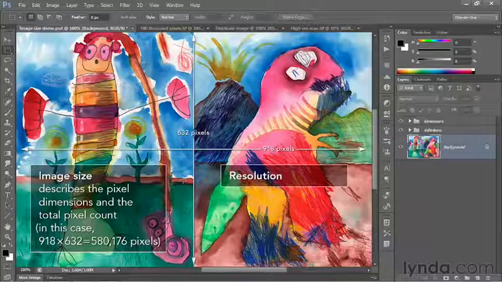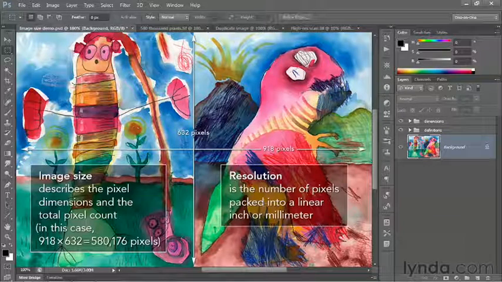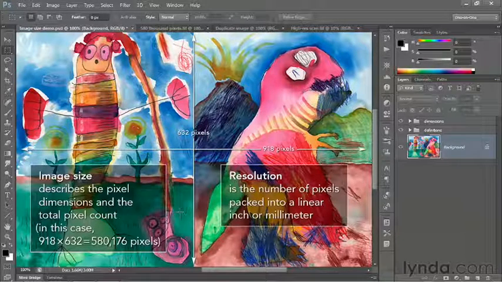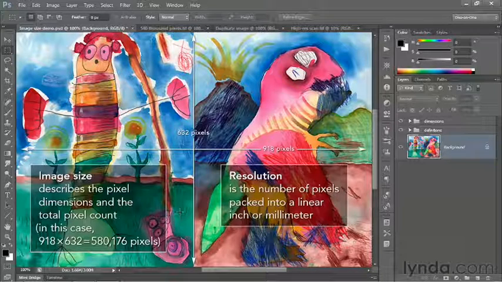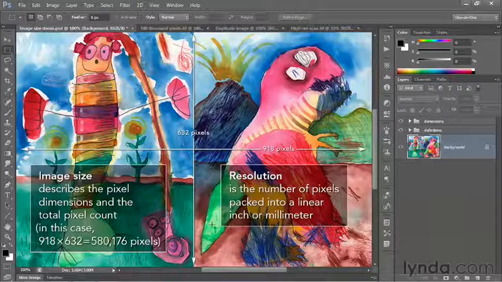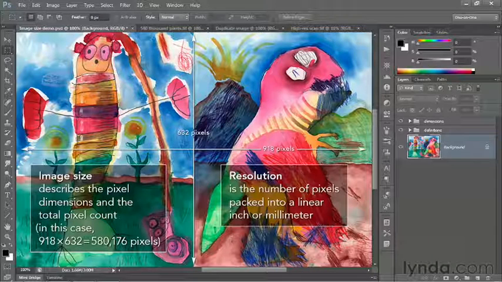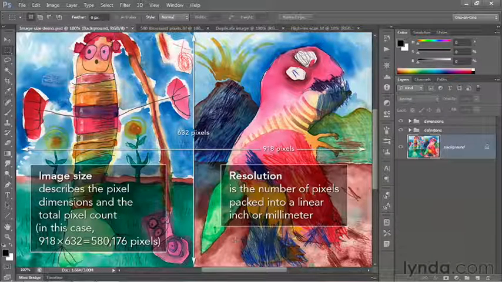Now, by comparison, resolution is the number of pixels packed into a linear inch or millimeter. So for example, the resolution of this image is set to 100 pixels per inch or 100 ppi. That means there are 100 pixels packed into a horizontal inch and 100 pixels packed into a vertical inch, or a total of 100 times 100, which is 10,000 pixels in every square inch. Again, that may sound like a lot, but that's nothing where print resolution is concerned, and we'll discuss that in